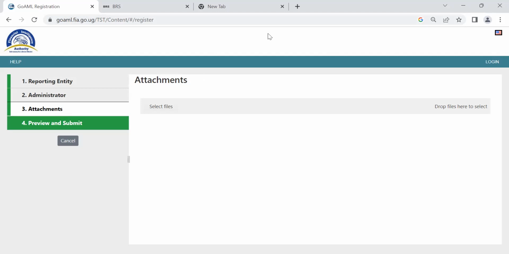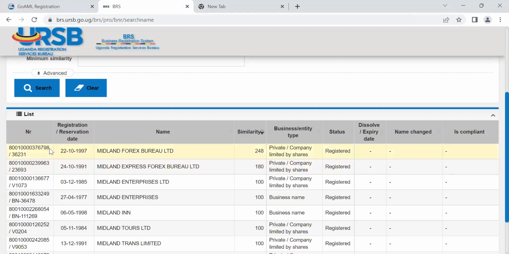Kindly take us through the Midland license, certificate of incorporation. Like I said, I'm going to note them down for you. That means if I'm using my phone, I can load the attachments. It's okay, but for the test environment, they are not a requirement. This will be required for the production environment. But for now, if you have, you can attach. There's no harm since we are testing.